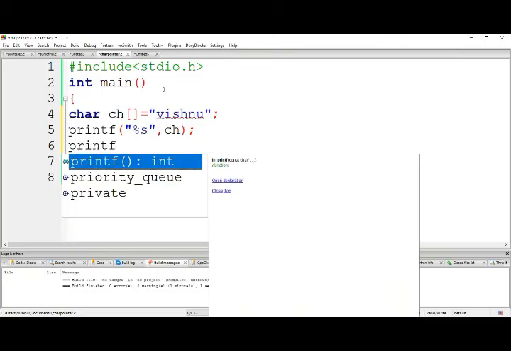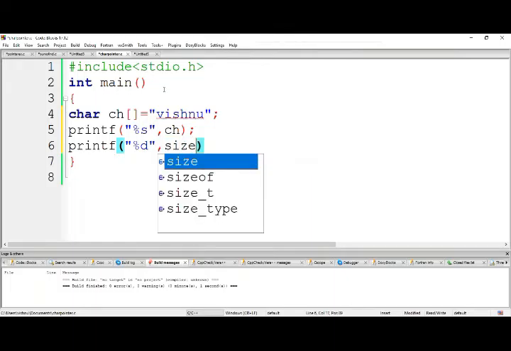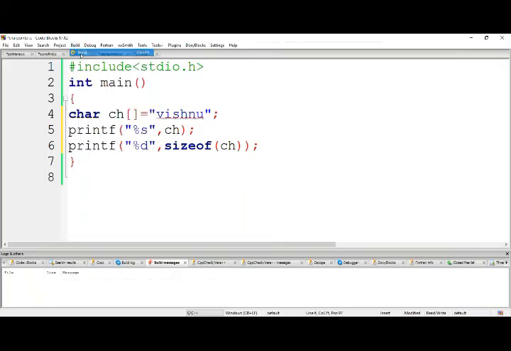Printf. What is the size of ch? Size of ch. Let me build this one.